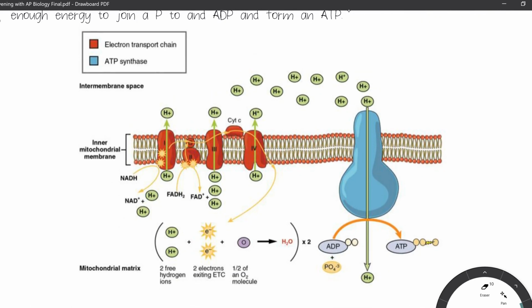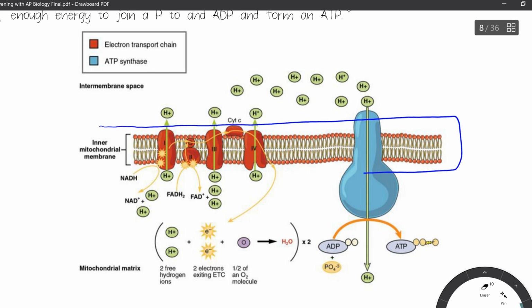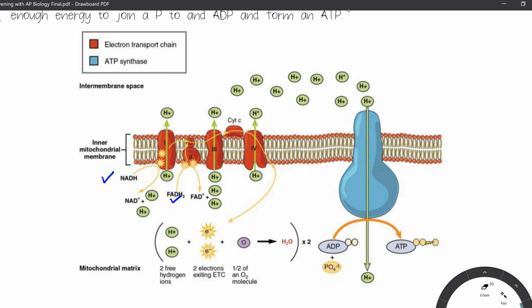The electron transport chain is a series of proteins that are embedded in the inner mitochondrial membrane. And if you notice, let's kind of watch what happens. Let's get rid of this here. The NADH here and the FADH2 here are going to donate their electrons, which have a tremendous amount of energy. That energy is going to be enough to pump the hydrogen ions that are already in the matrix